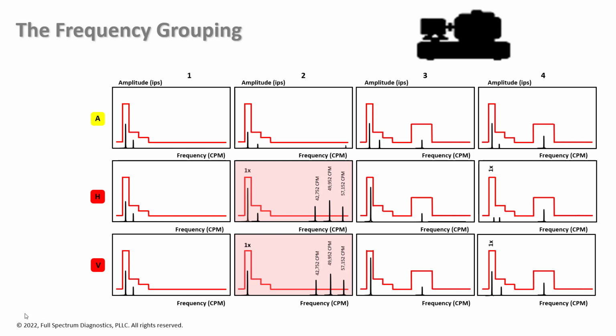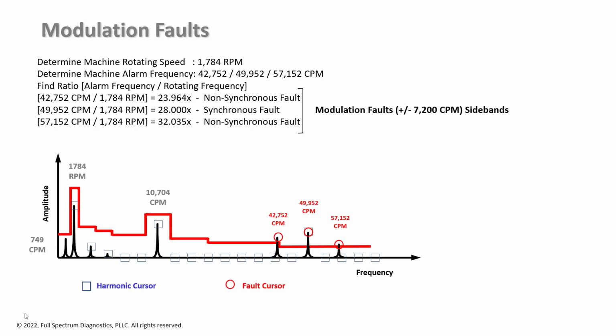Now we got a strange cluster of peaks, and it'll become more apparent what that is in a moment. Okay, we have rotating speed is 1784. We have alarm frequencies at 42,752, 49,952, 57,152. If we look at these individually, I can take that first one, 42,752, divide it by 1784, I get